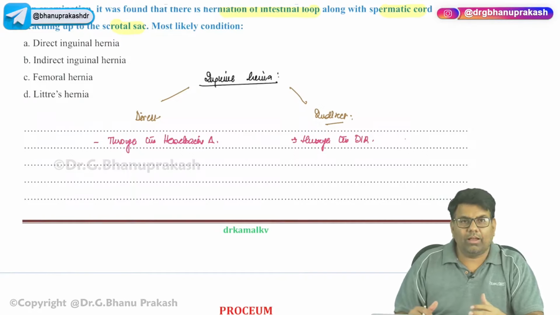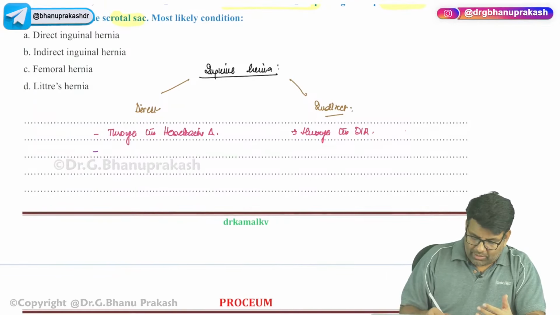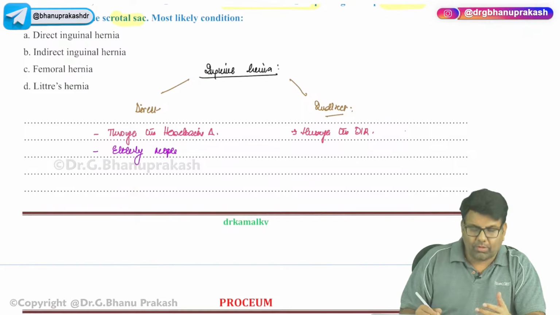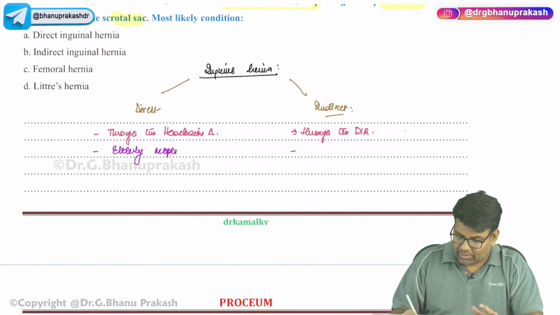Now, clinically, direct is commonly seen in elderly people and indirect is commonly seen in